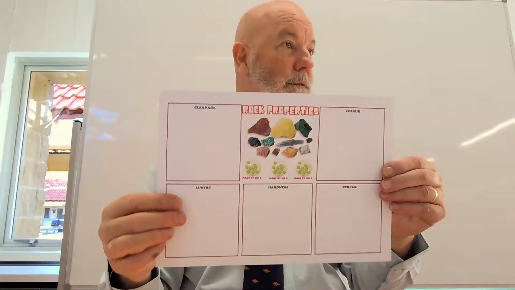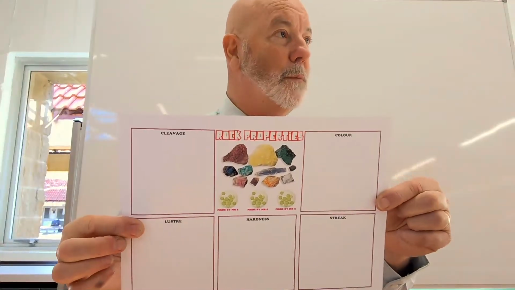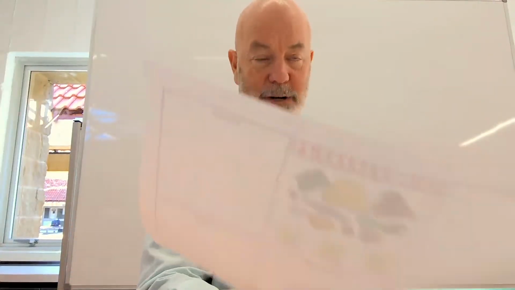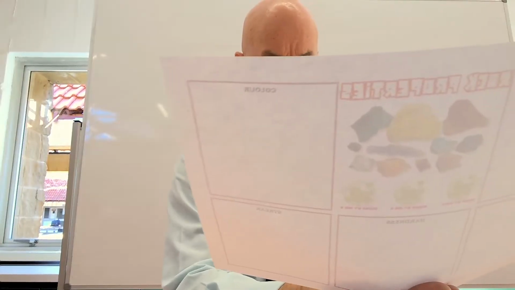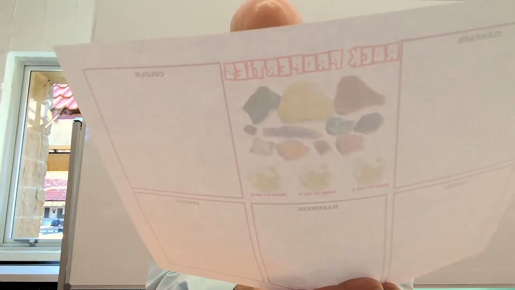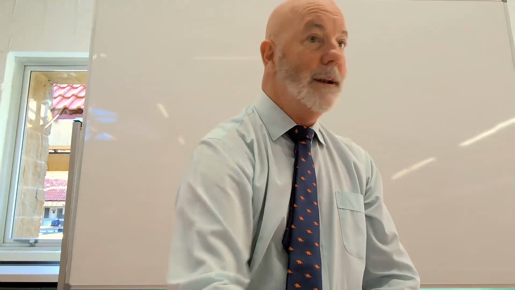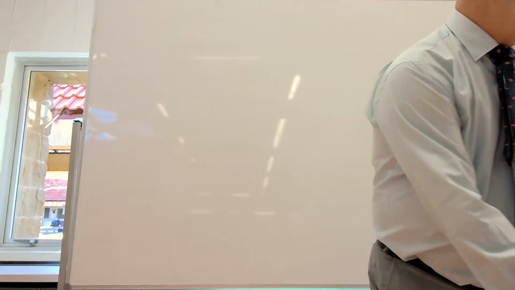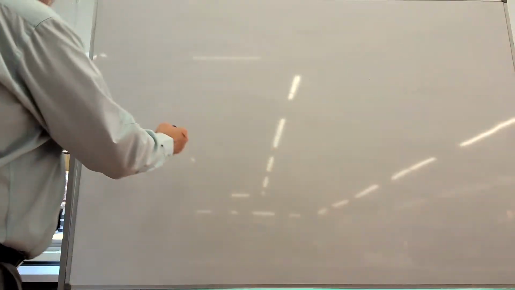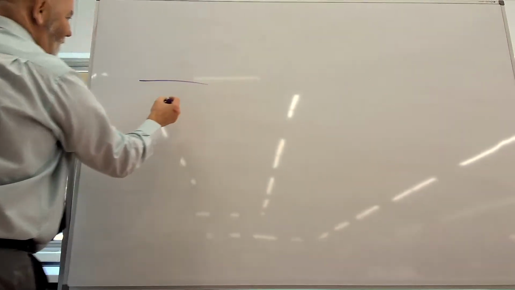Okay? So we'll start with rock properties, or mineral properties. So you need to know all of these. All right. And we'll start down the bottom there with luster. Now, luster is caused by, and I put this on my Insta the other day, it's where we get a flat surface, and when light